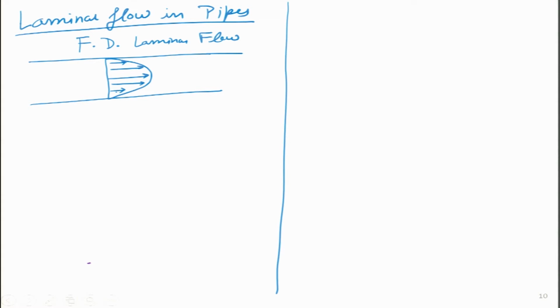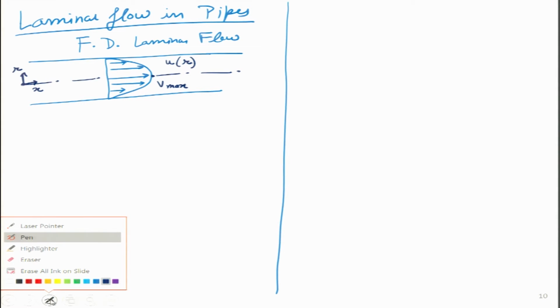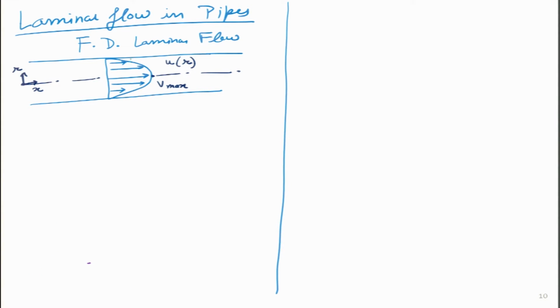What I can do is mark the center line point over here and show the axis. So, this is my x axis, this is the r coordinate, and I can mark some points over here. This is the V max value. This whole profile I can write as u as a function of r, and because this is fully developed, it is not changing with x. It is always a parabola of the given value. Then the average value we have also looked at over here. So, it turns out V average is V max divided by 2.